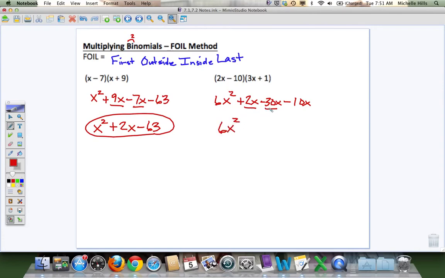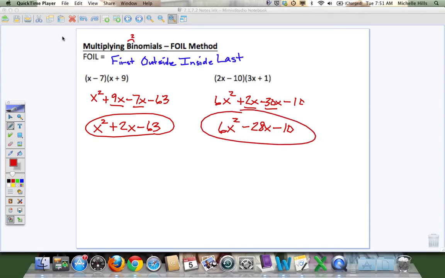So 6x squared, this is going to give me a minus 28x. Oops, I shouldn't have had an x on that last one. It should have just been minus 10. And then minus 10. So, now, FOIL